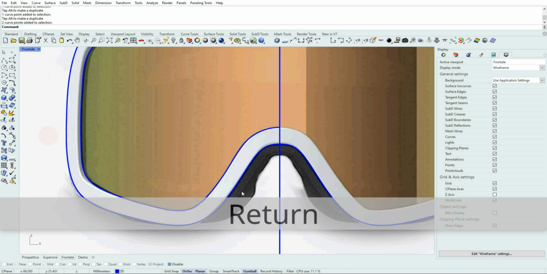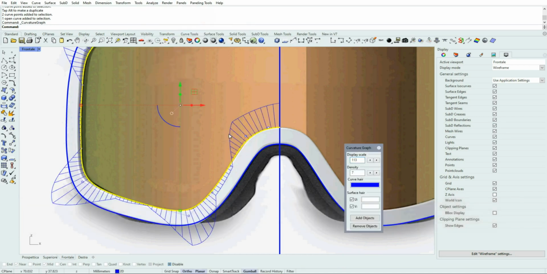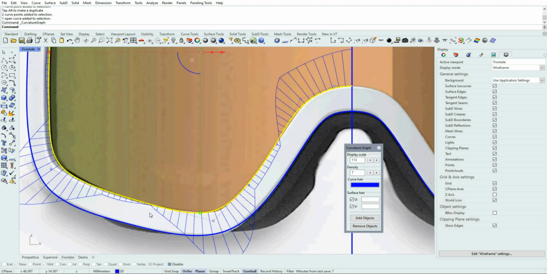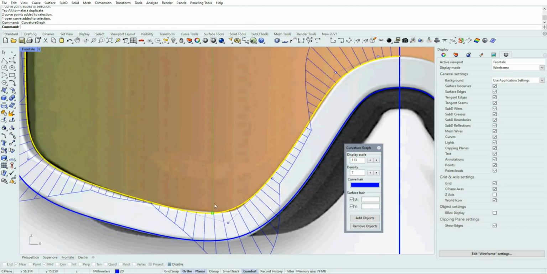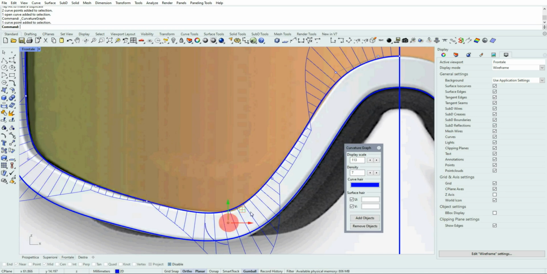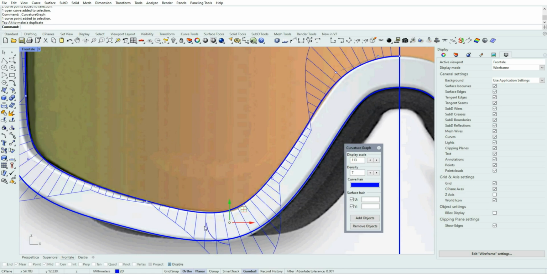We align this ending point as we did previously. We turn a curvature graph on just to make things clearer and to be aware of what we're doing exactly.